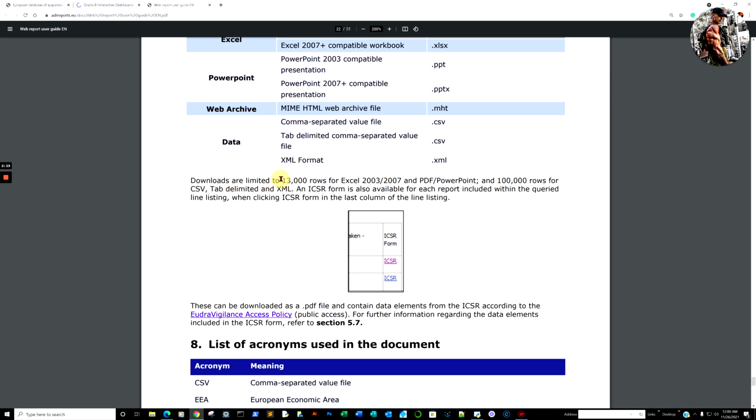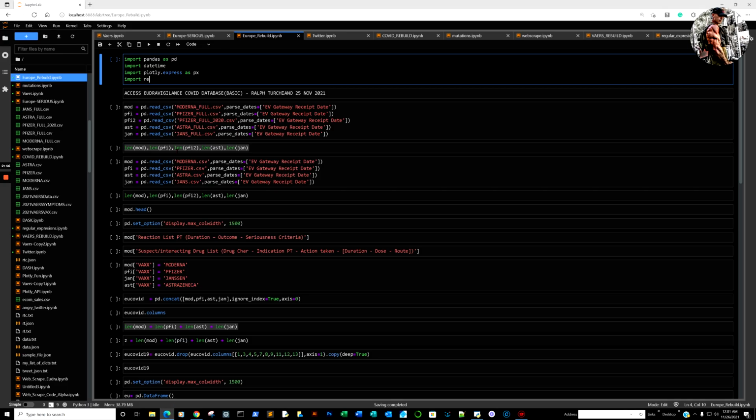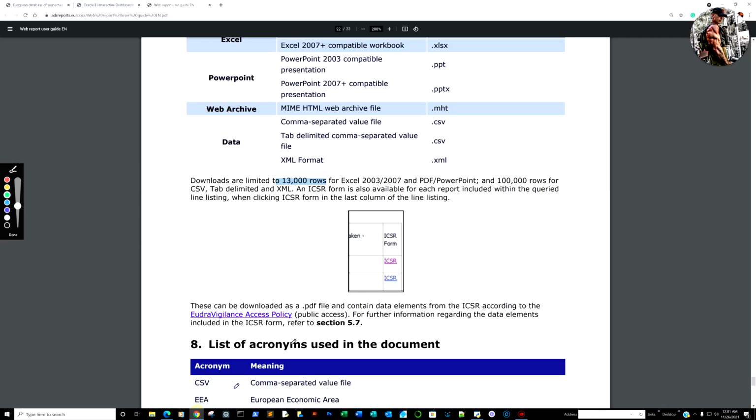Well, they may only be downloading 13,000 rows. And what we're going to do is we're going to utilize CSV. And CSV, of course, if you look at that again, is going to give us 100,000 rows. Now, they're a little generous because it does go over a little more than 100,000,